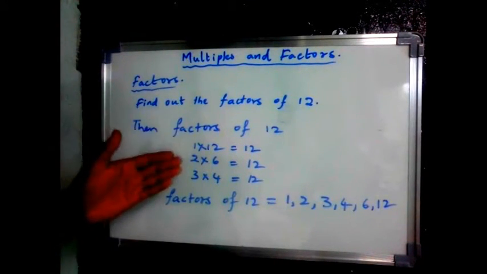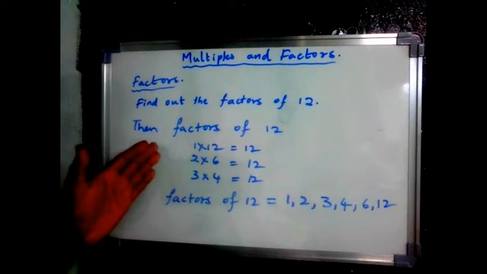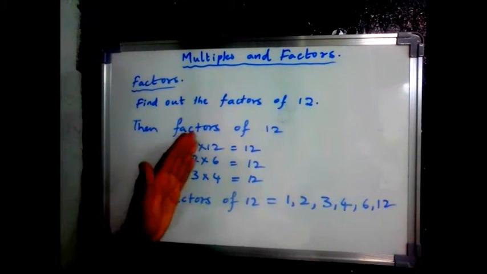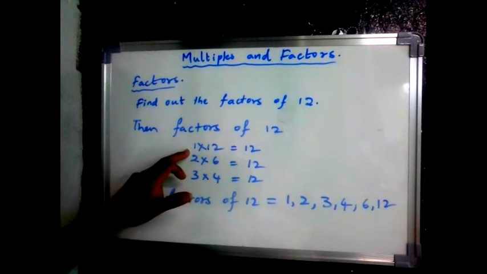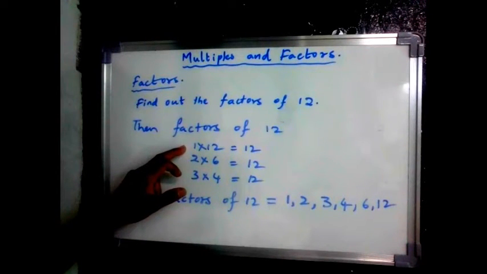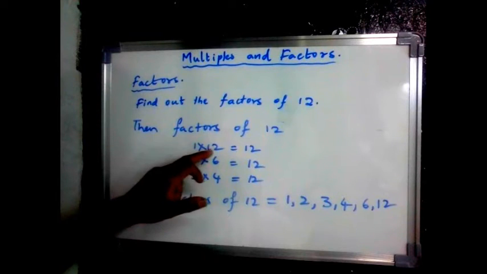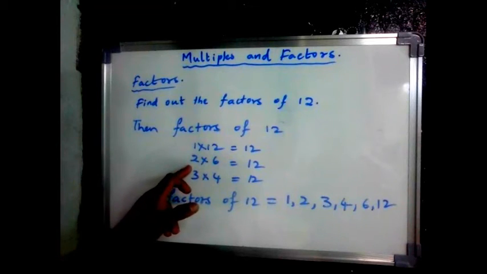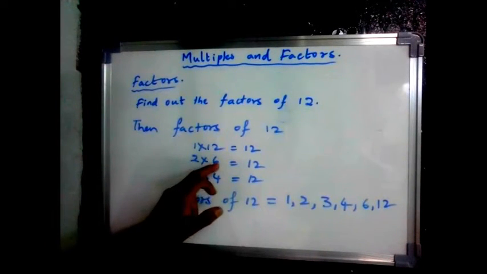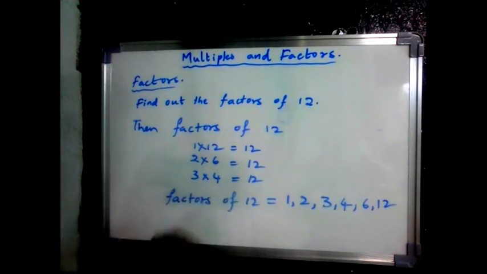Simply, do you know multiplication tables, Nana? In which tables do we get the number 12? First table: every number is in the first table, and 1 × 12 is 12, and 12 × 1 is also the same. Next, 2 × 6 is 12, 6 × 2 is 12. Don't write two times, these are only two ways. 2 × 6 is 12, 3 × 4 is 12.